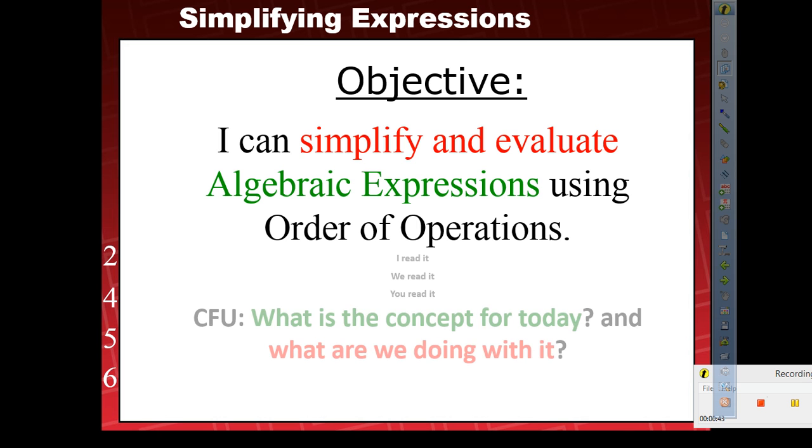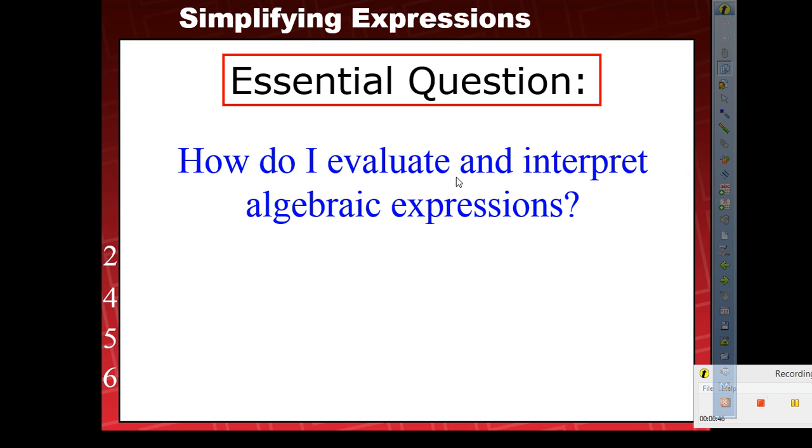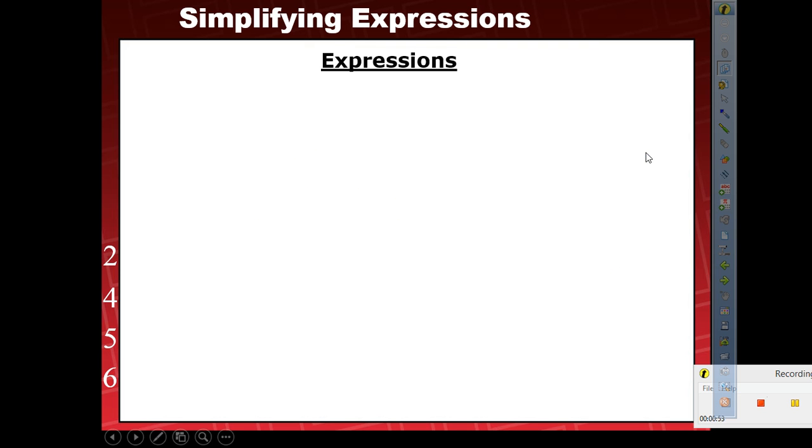All right. So, essential question for today: how do I evaluate and interpret algebraic expressions? We'll get back to that at the end. Now, expressions. Like any concept, I try to introduce it in a different way, kind of like with polynomials we did the little pet shop and so on and so forth. Just to clarify, we've been seeing expressions, but this is to clarify a little bit more. Expressions could be presented in a different way, such as, let's say,